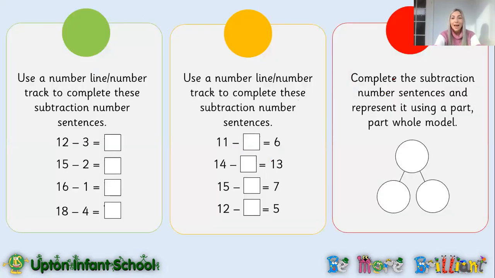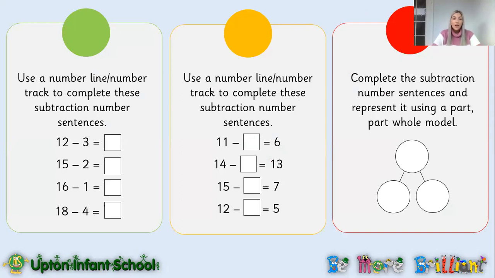Okay, and here we have your challenges today. So the green task is something that you all should be able to do. Then we have our amber task, which is what most of you should be able to get onto. And then our red task is something that some of you might want to go onto if you want an extra challenge. So the first task is using a number line or your number track to complete these subtraction number